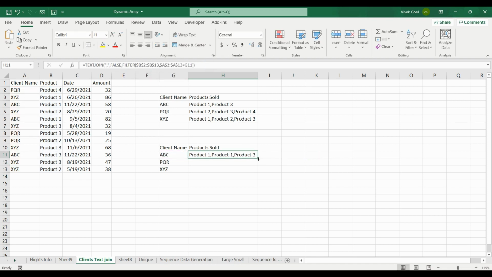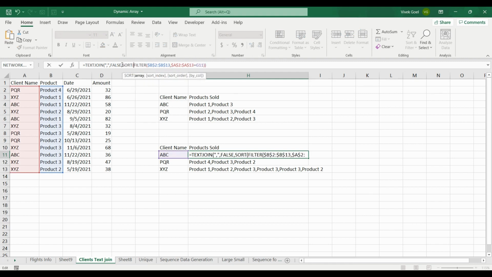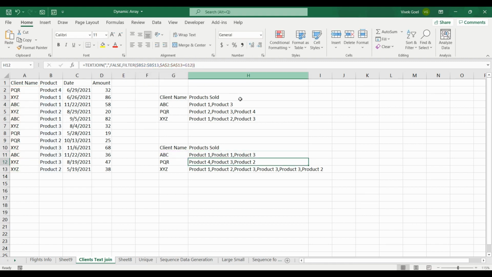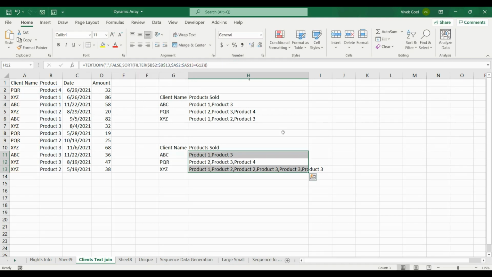Now we have two problems here. The list is not sorted and we have some redundant values. Let's use the sort function to sort our list as per our requirements. This is looking much better. Now all we need to do is select the unique values and we will have our desired result. Let's write unique in front of sort to get the unique values, and we get the result we were looking for.